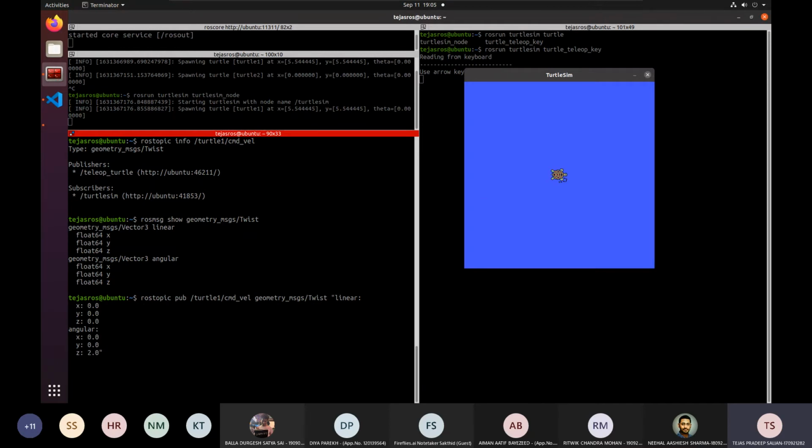And now here you cannot use the up arrow, as I had said, that if we press the up arrow, you will go to the previous command that you had typed. So you have to just use the left arrow to go up like that. As I said, to move it in a circle, we need linear x and angular z. So I'll give this, and now if I press enter,